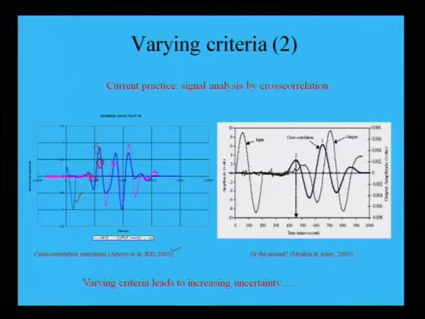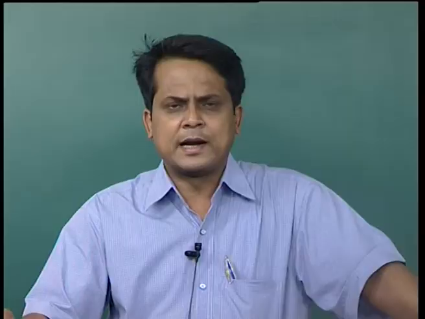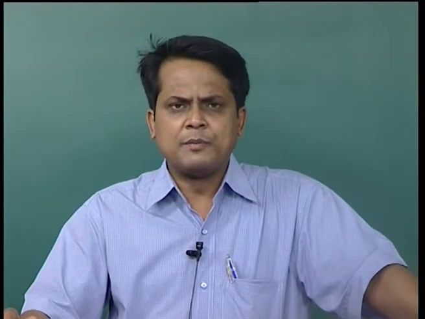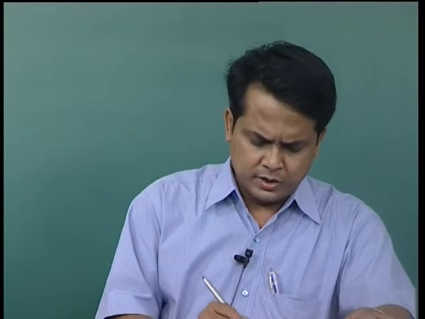Mosin and Array in 2003, if you look here, this is the input and this is the correlation, and this you are getting as an output. Now, if I look at this cross correlation versus the output, it is drastically varying. So in signal analysis, you can cross check the arrival signal by means of your other available correlations or cross correlations, then you find out whether the signal you are getting is correct or not.